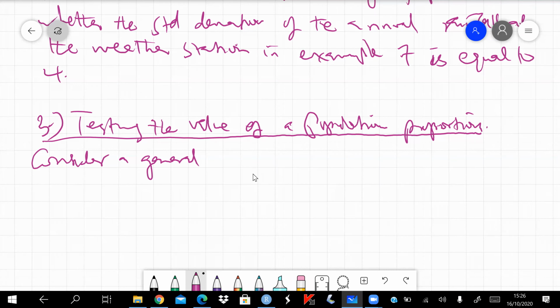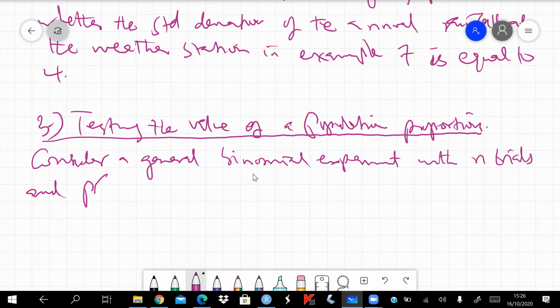Consider a general binomial experiment with n trials, and probability of success given by pi,